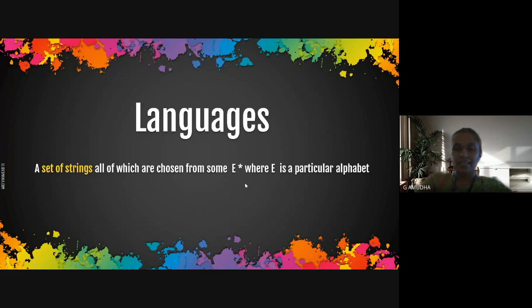Whatever symbol I've used for alphabet, I represent it as sigma, so don't get confused. Alphabet star is a collection of strings. The star you have to represent here as a closure. We'll term it as a star closure, where it might have 0 strings or any number of symbols attached in a string to form a language. So a language is nothing but a collection of strings. Are you able to get it?